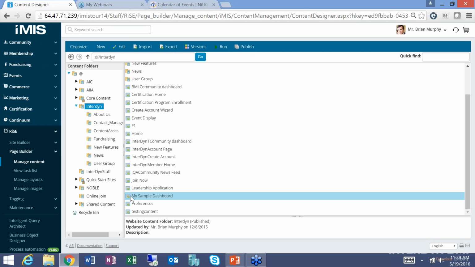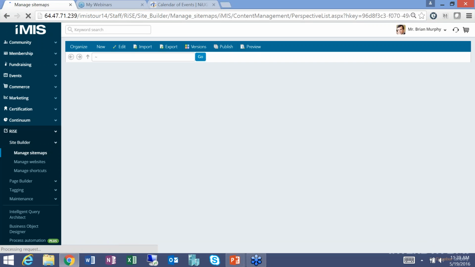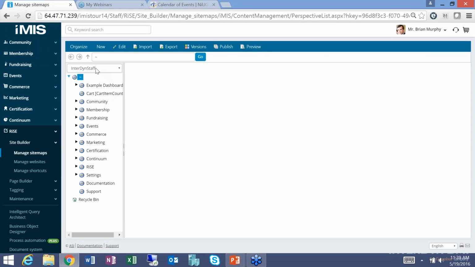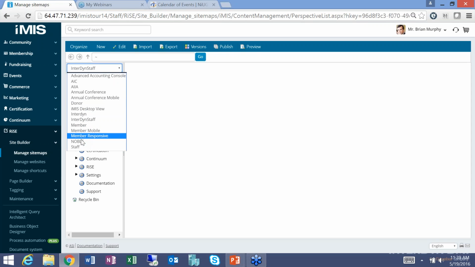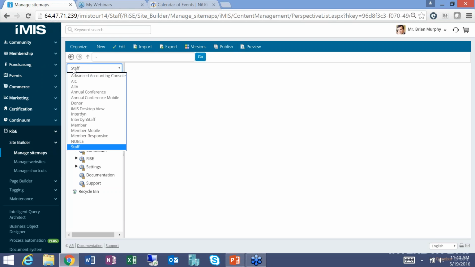So our final piece for our dashboard is we're going to go ahead and take this guy and add it to the menu. So we need to go under Rise and then Site Builder and Manage Sitemaps. And on our staff site, right, which is the one we're on, you'll notice it says staff, right? One thing to note is we're in the staff site, but the staff site is actually kind of the